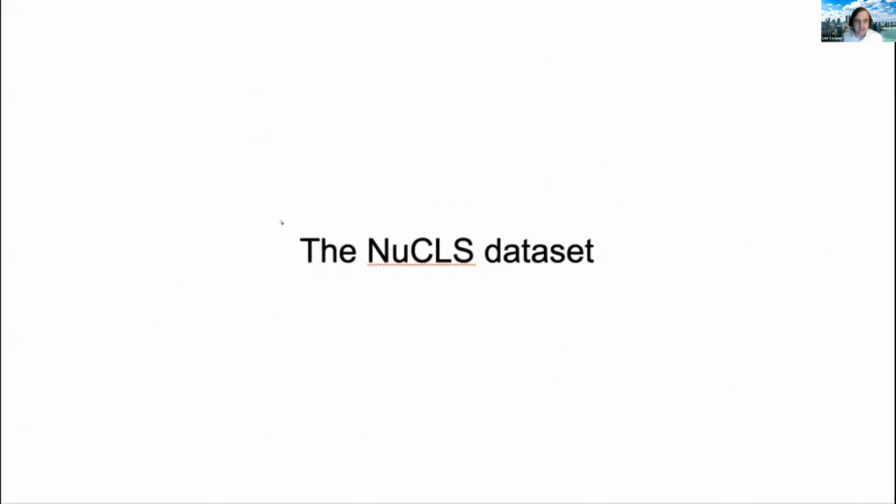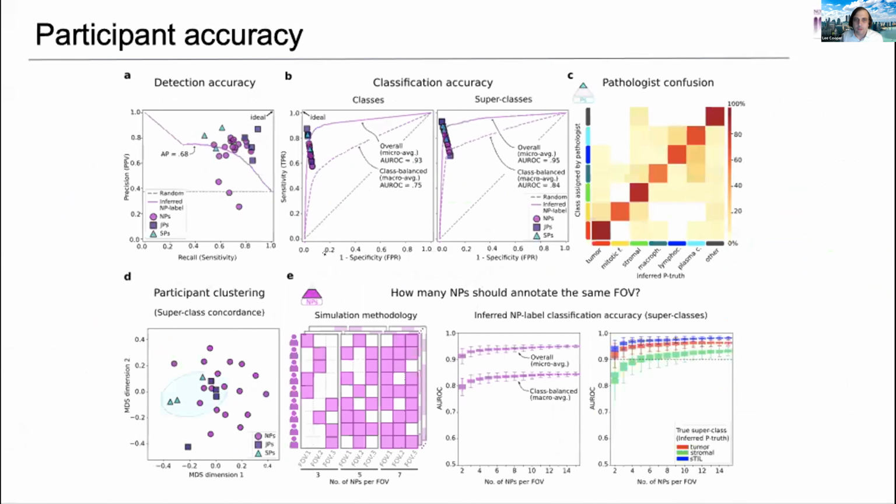Okay, let's talk about the data set itself. When we started looking at some of the statistics, there are some interesting patterns that emerge. The first thing we looked at is detection accuracy, and you see there's a range of precision and recall for different people. We have a few people who are outliers, who are just not good annotators, but most people fall along this curve of having either better recall or better precision, which is what we typically see from algorithms or these types of inter-observer studies.